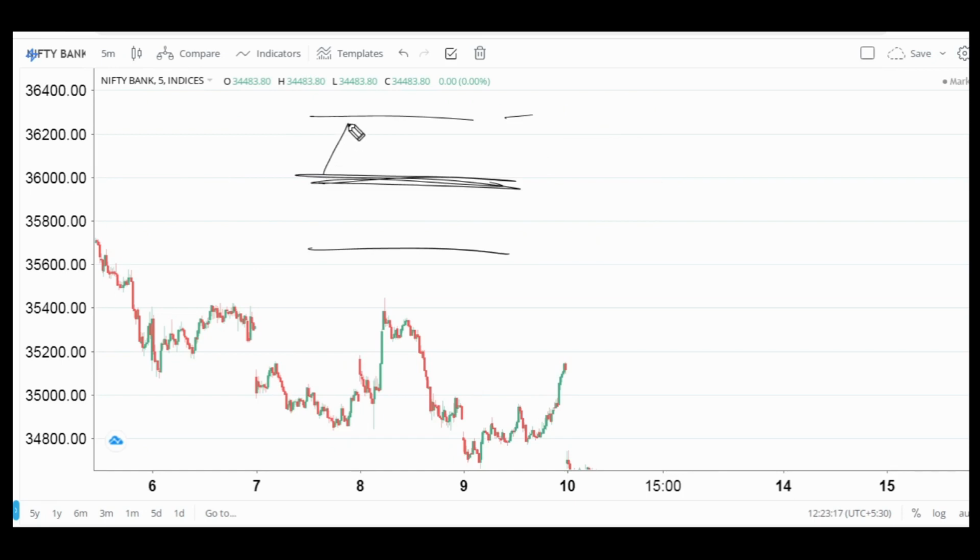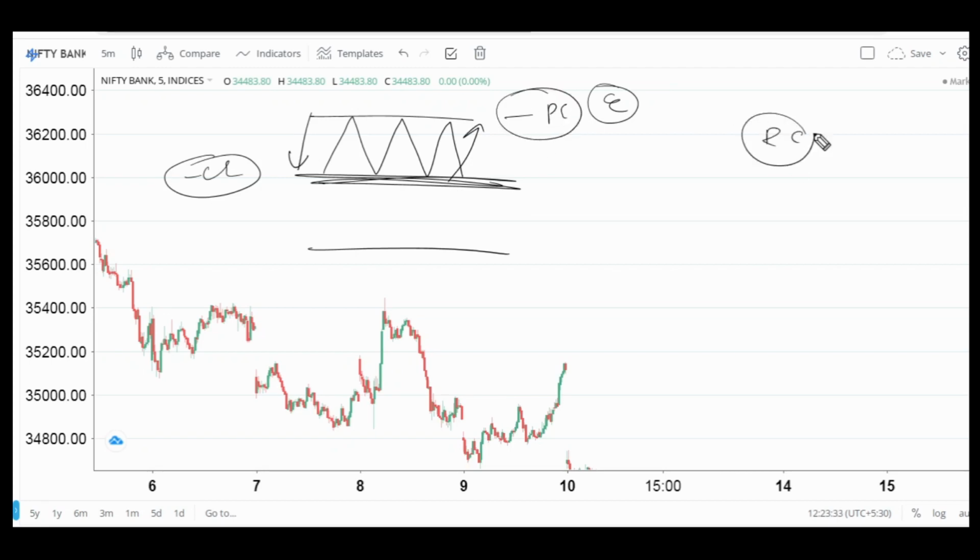So if the market is fluctuating in between this, we will take entry only. If the market comes down, we'll take entry in call. If the market goes up, we'll take entry in put. But RC will not be used, as we are not exiting the whole set. So if set 2 entry happened when the market came down, and again the market came up, then in our only code video, I used set 4, as you all know. So set 4 entry is also used. So set 2 used, set 4 used.